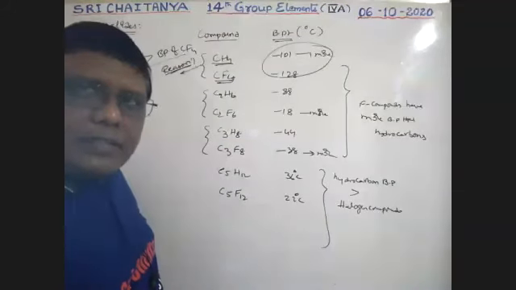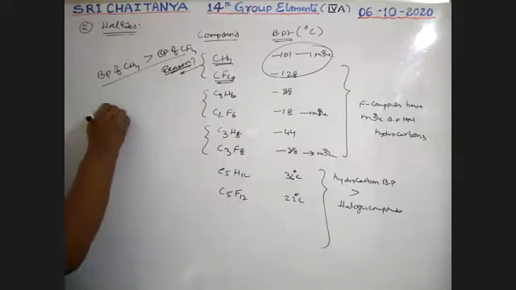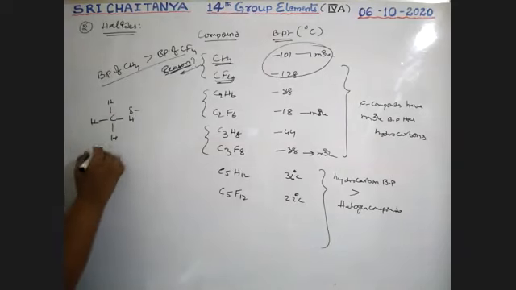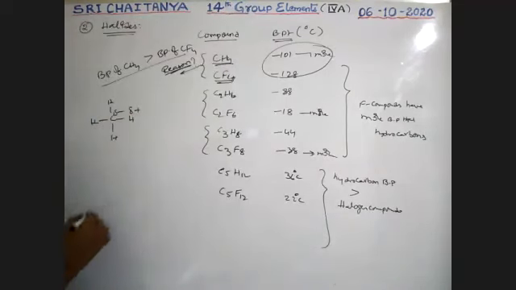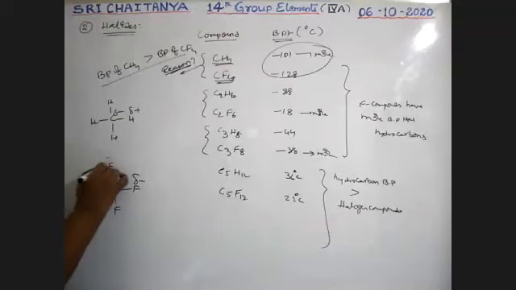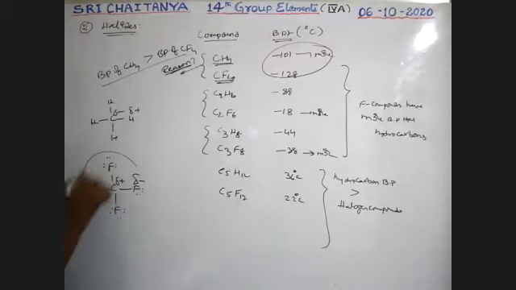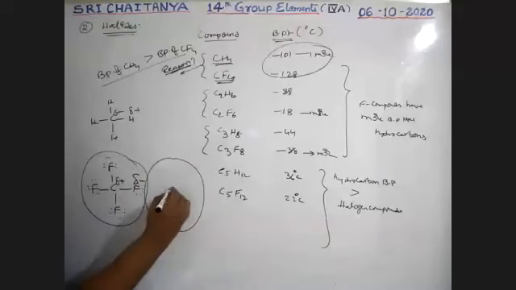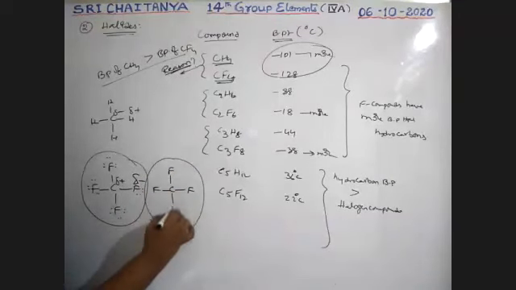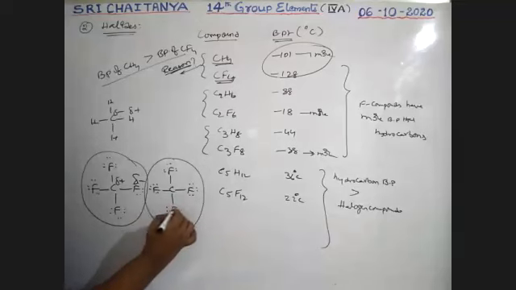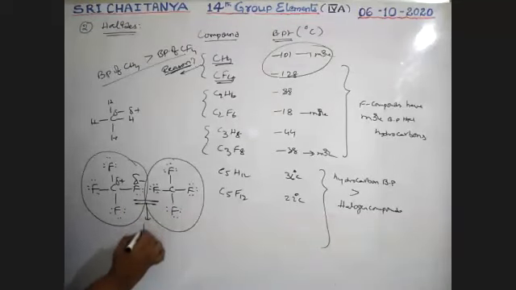The reason is, in CH4, hydrogen gets positive charge and carbon gets negative charge. In CF4, fluorine gets negative charge, carbon gets positive charge. So each fluorine has three lone pairs. Very small size atom, boys. This is one molecule, and a similar molecule is here with the fluorine atoms. So between lone pairs of the molecules, because more lone pairs are available and the size is small, repulsions dominate.